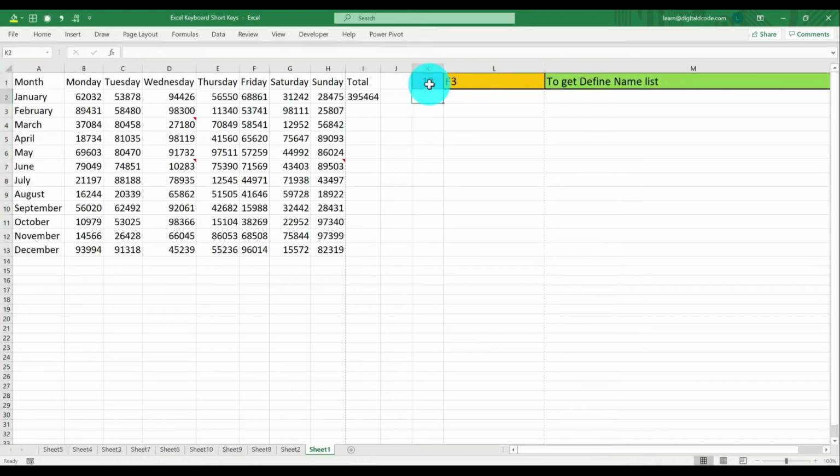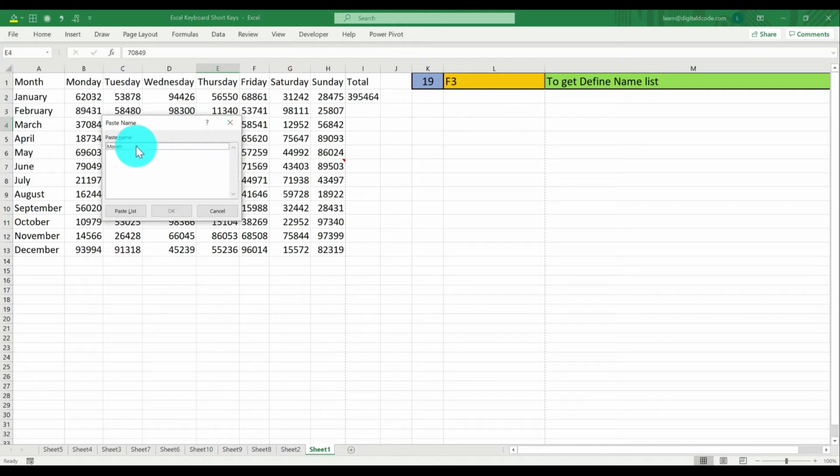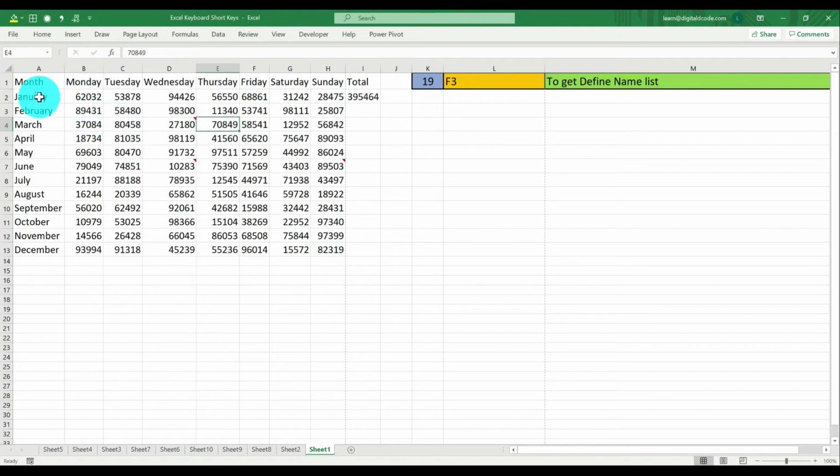Next, to get a name list, press F3. By pressing F3, I'll get the list of names. Now I have only month. Okay, so in case I